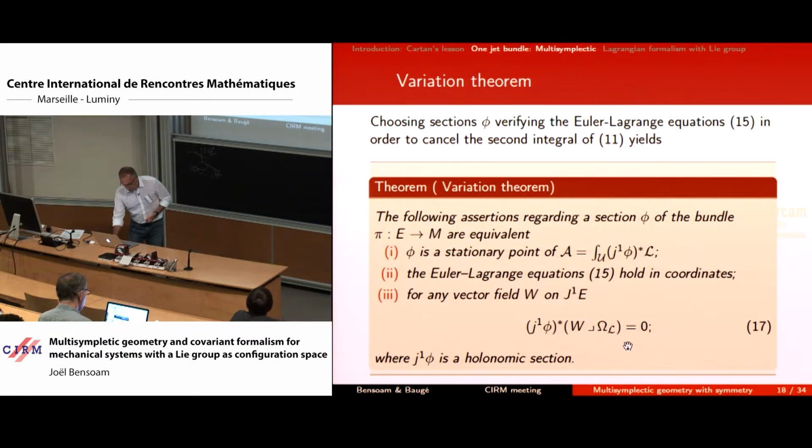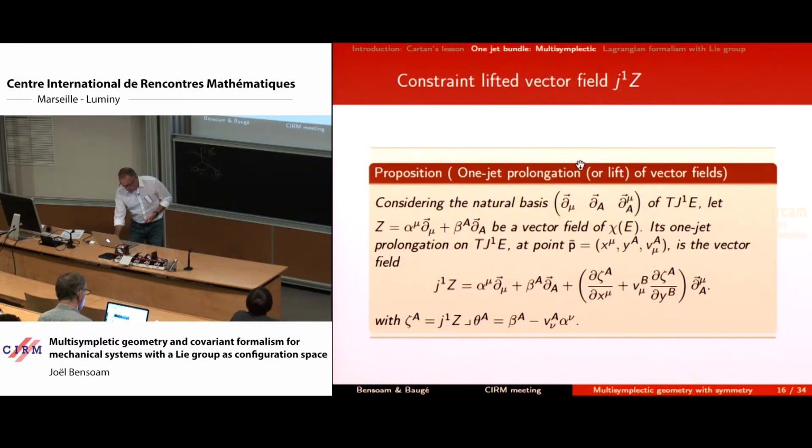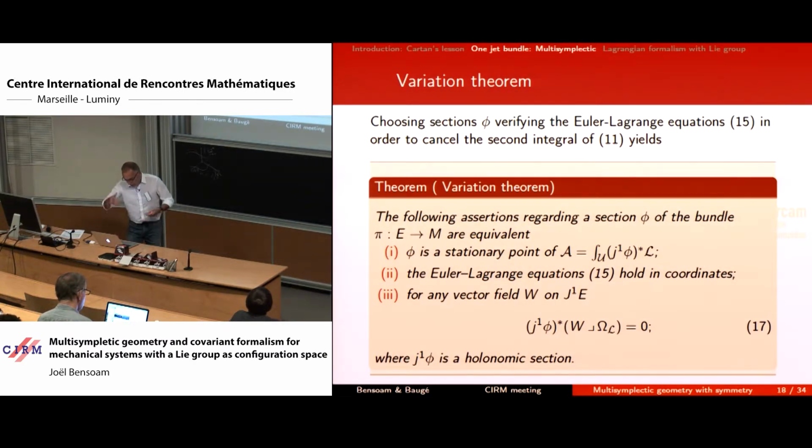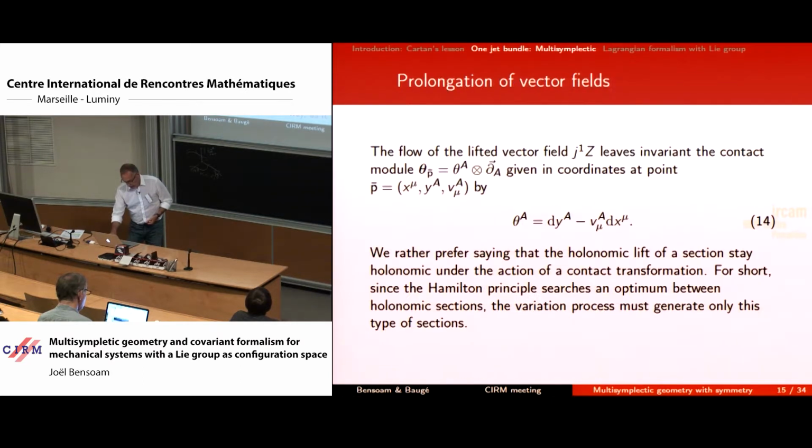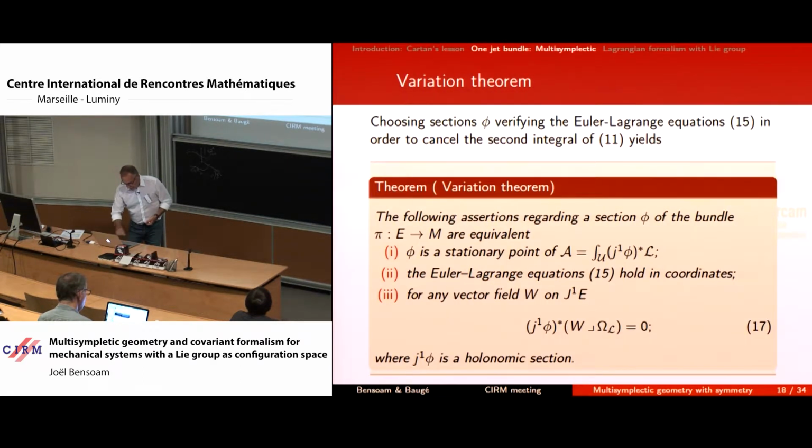And if you choose to consider, well, after that you can also do exactly the same thing with the Poincaré-Cartan forms, and if you take the derivative of this Poincaré-Cartan n+1 form, then you will obtain a multisymplectic form, and